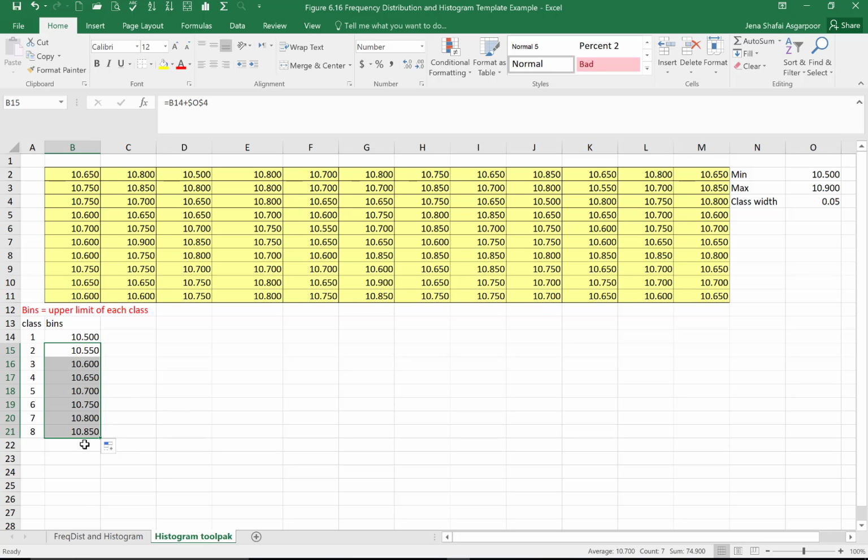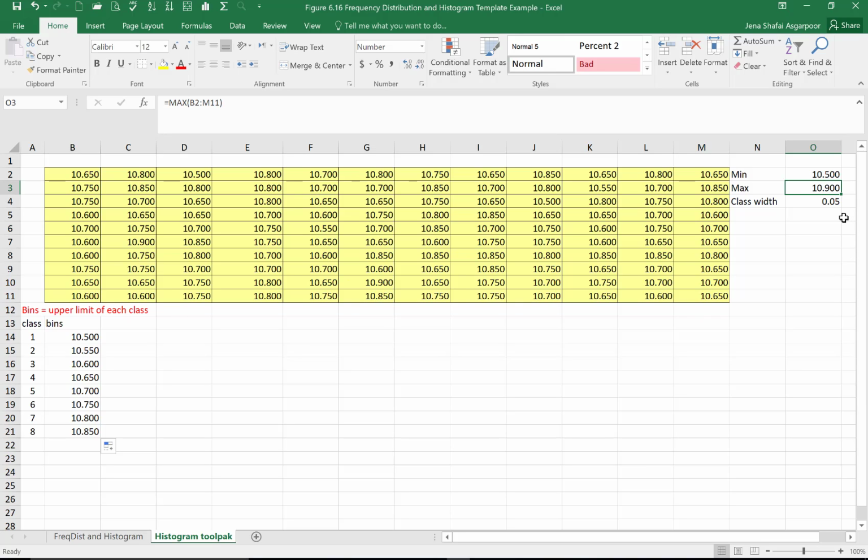And you can see that for 8 classes, the upper limit of the last class is 10.85. That's not going to be good because our maximum was 10.9. So this class width of 0.05, even though that rule of thumb is a good one, was not good enough to include all of our values into this